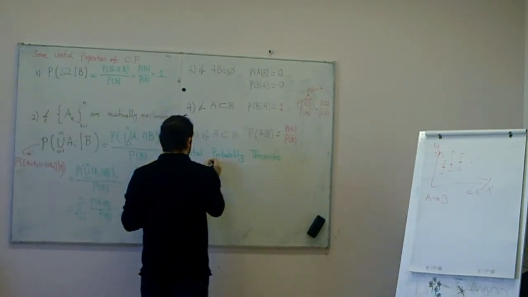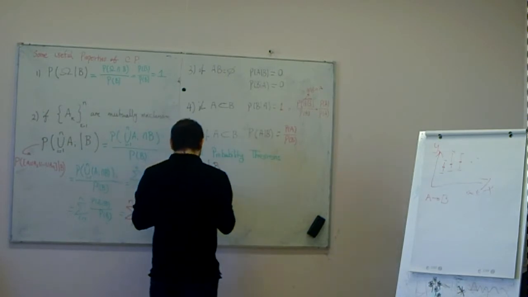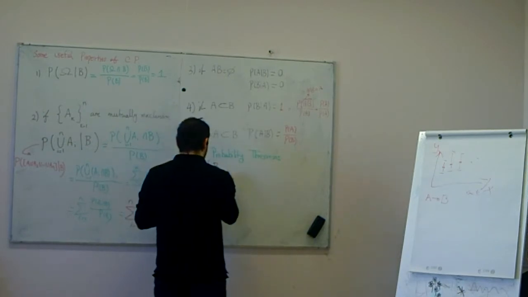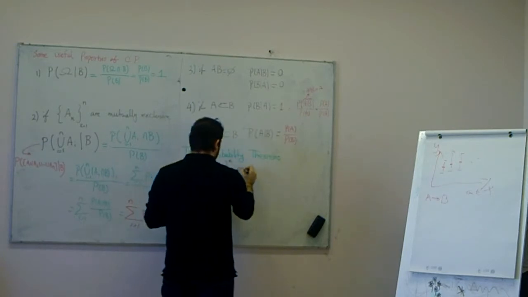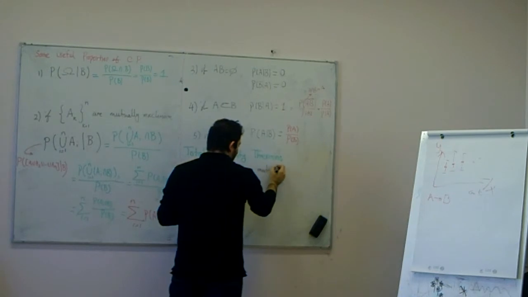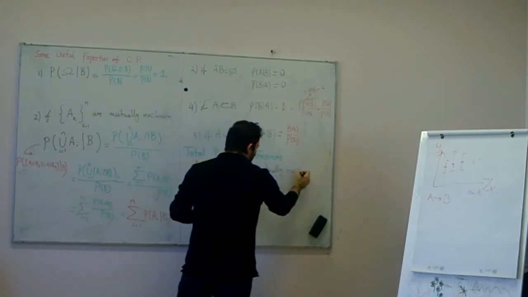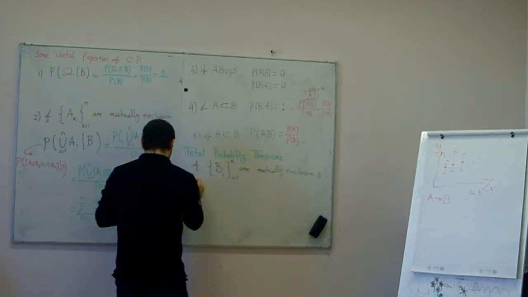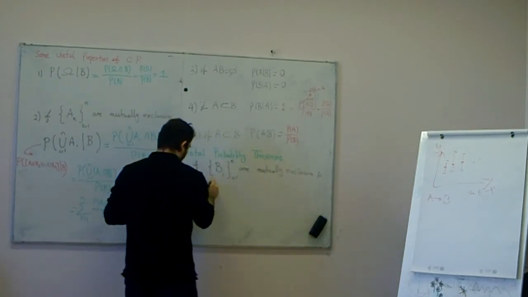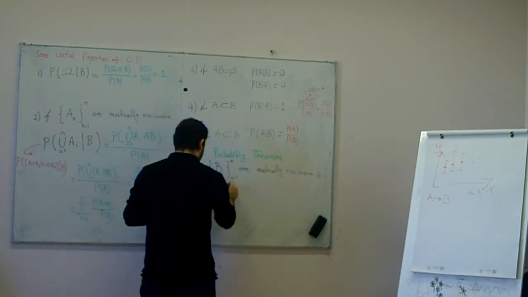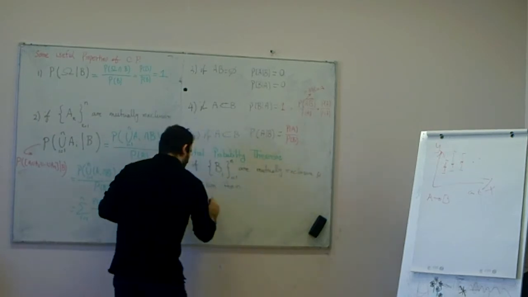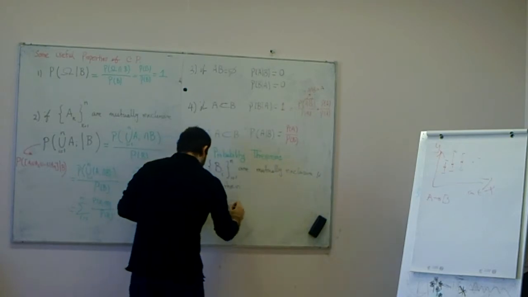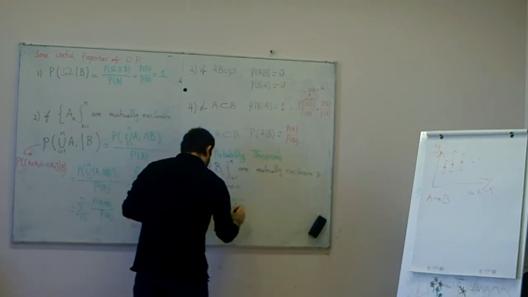If the Bi's, i from 1 till n, are mutually exclusive and exhaustive, then the probability of A is the summation of i from 1 to n